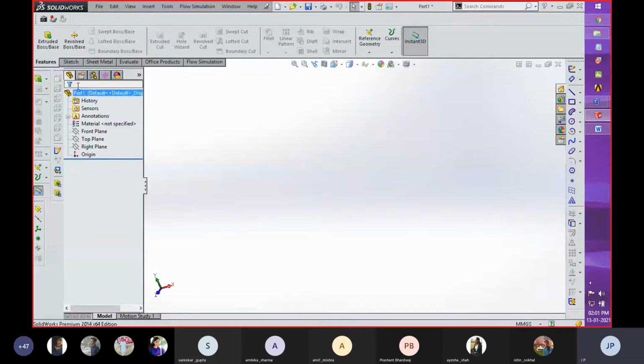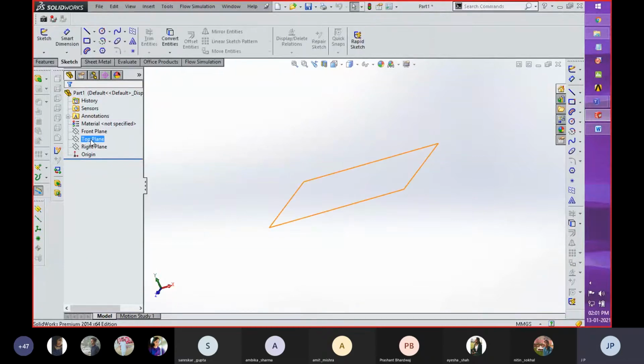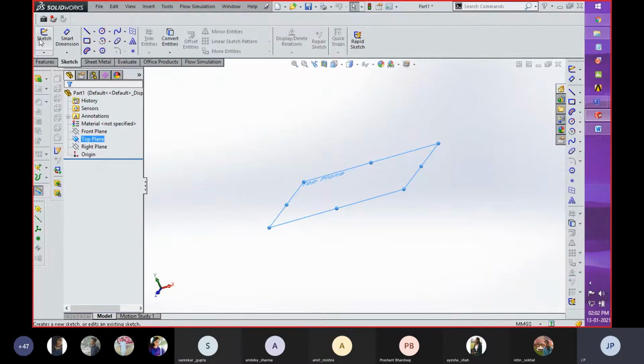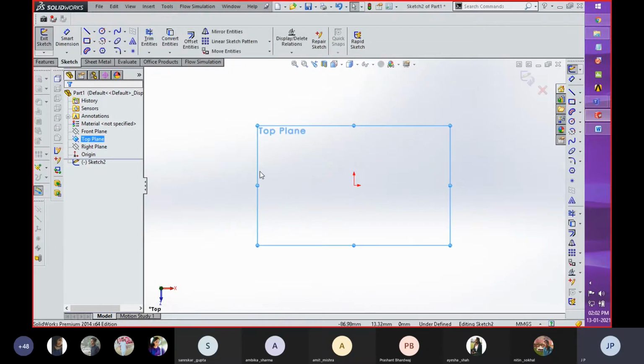For drawing any component in this module, first of all, you have to select a plane. Okay. So there is no constraint that which plane you select first. As per your criteria, as per your necessity, you can select any plane for drawing purpose. So for that, I'm going to select over here top plane. You have to just right click on that plane and select the sketch module, or you can select over here plane and then click on sketch. So you can see that we are now enter in sketch mode, and automatically the plane is going to be in a parallel view with the user.